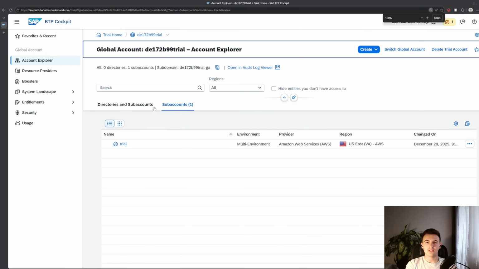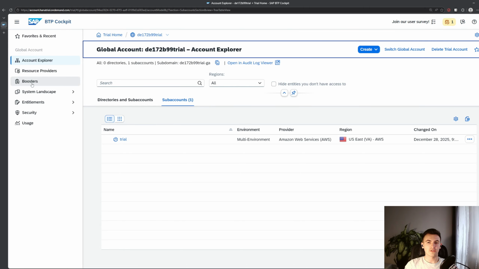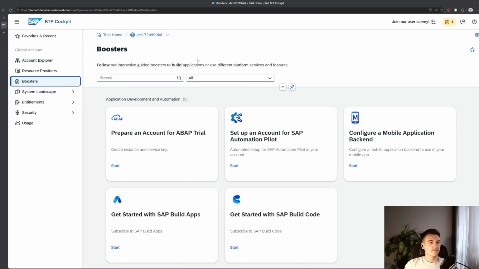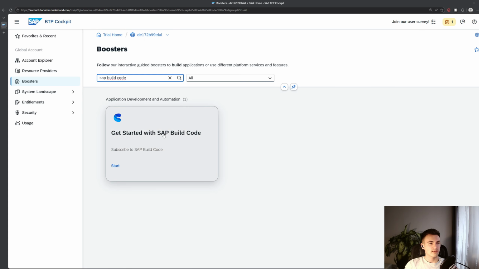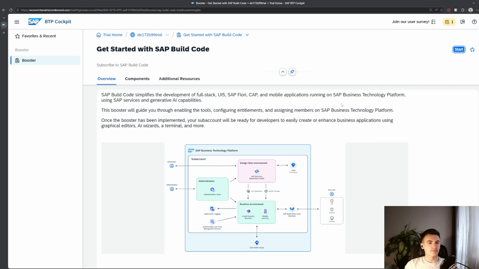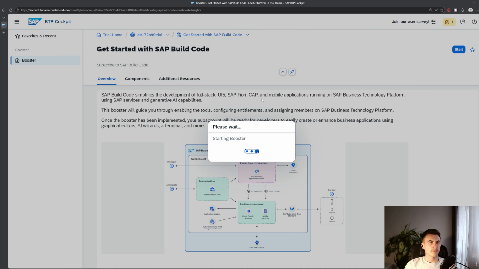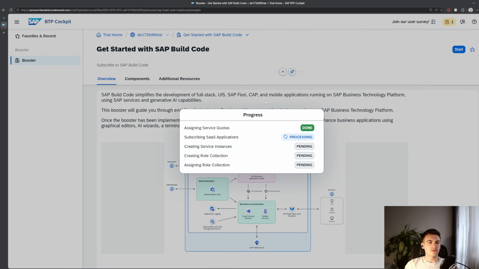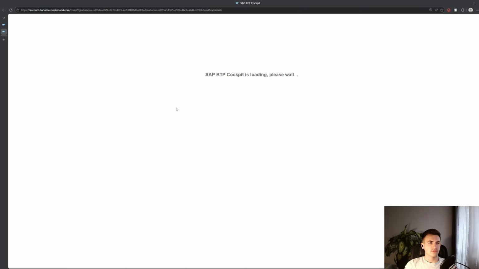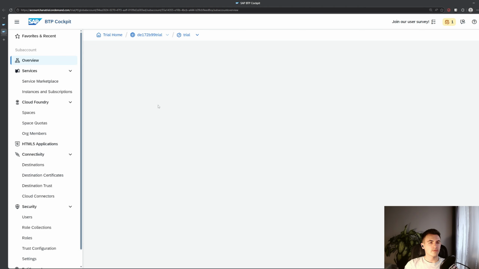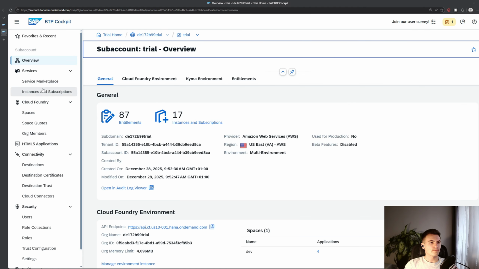Maybe I'm gonna zoom a little bit. So you go here on the left to boosters, and you need to find SAP build code, and here just click on start, and it's gonna activate the booster for your account. In my case, it's gonna be pretty fast because I already have activated it. And then click on navigate to sub account, and it's gonna take me to my trial account,